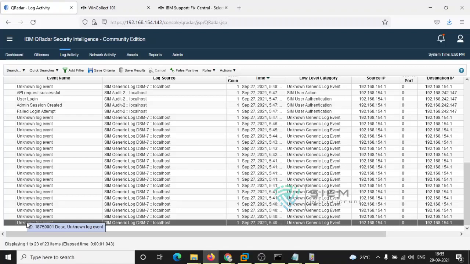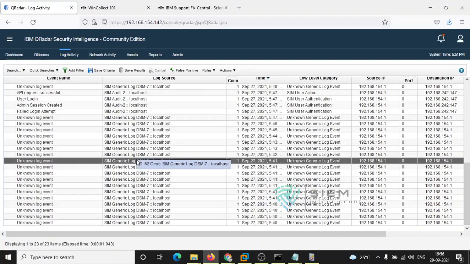Now it is not able to understand what the actual log is, whether it is a Microsoft log, a Linux log, or some XYZ log. By default, it will go to the generic DSM first. There are multiple DSMs available, more than 350 major device DSMs. But by default, whenever you send logs for the first time to this QRadar, it will select the generic log DSM only. But when will it change to the respective DSM? When we have more logs.